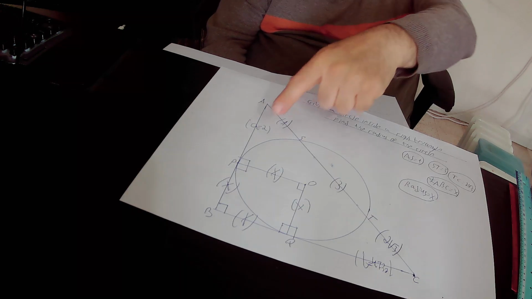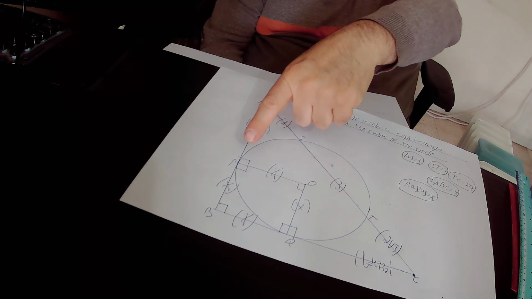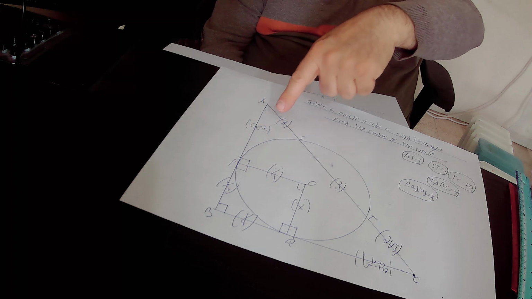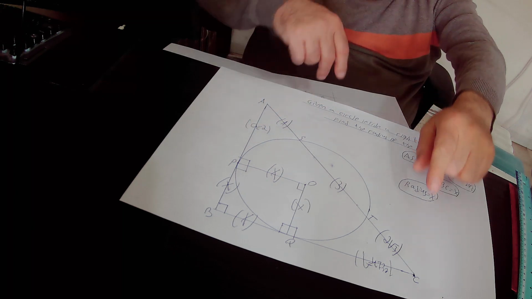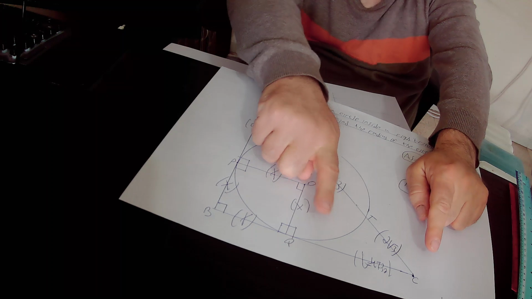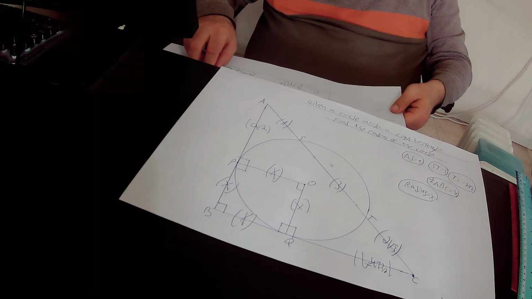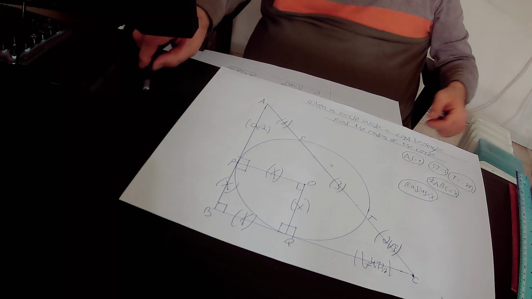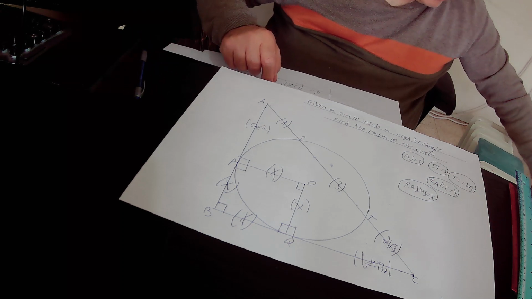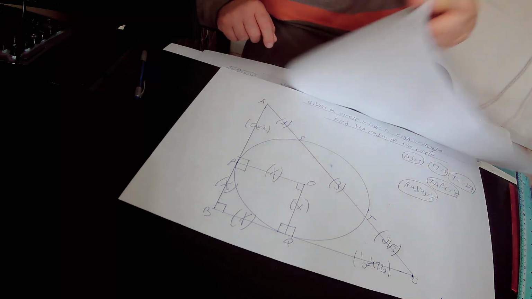The next step, we define the length of this line segment AB as A, and we define the length of this line segment QC as B. And then we implement here rule 10. Let me repeat quickly on rule 10. According to rule 10,